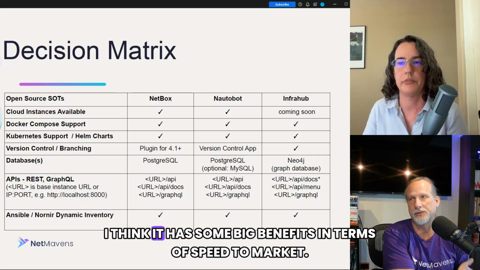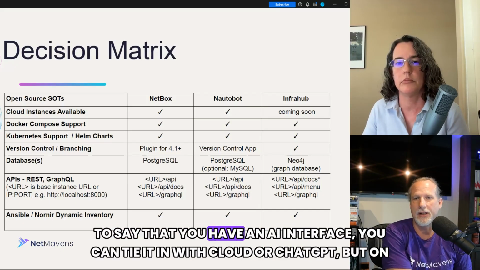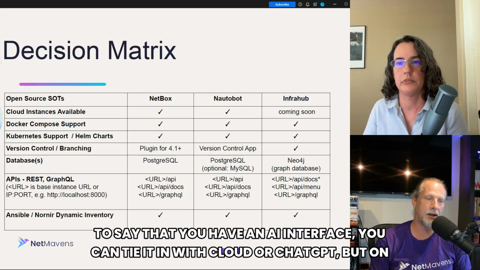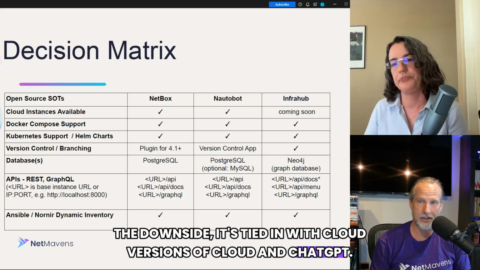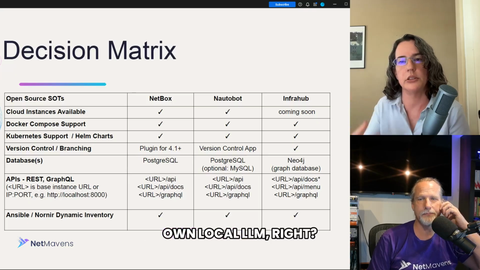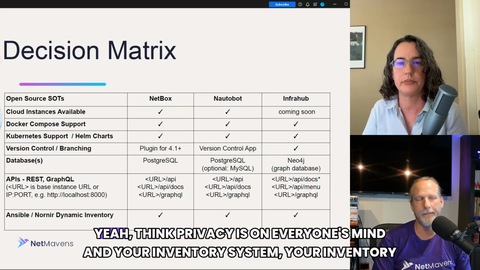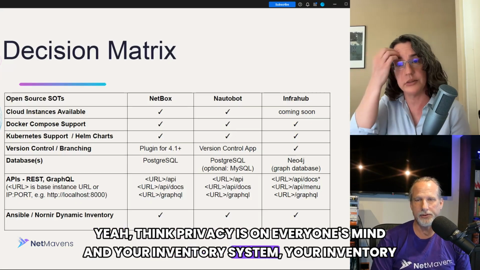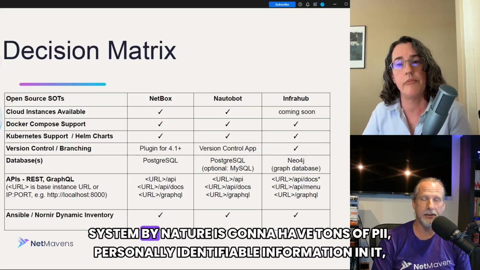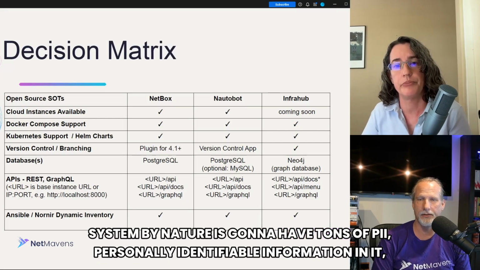I think it has some big benefits in terms of speed to market. To say that you have an AI interface, you can tie it in with Claude or ChatGPT, but on the downside, it's tied in with cloud versions of Claude and ChatGPT, unless you have your own local LLM. Yeah, I think privacy is on everyone's mind, hence the inventory local. Your inventory system by nature is going to have tons of PII,